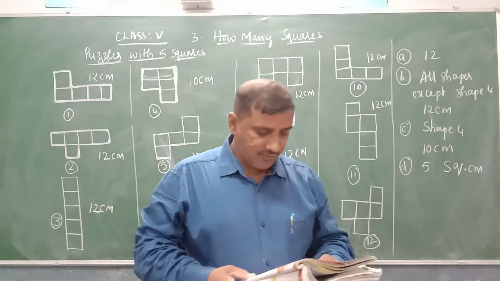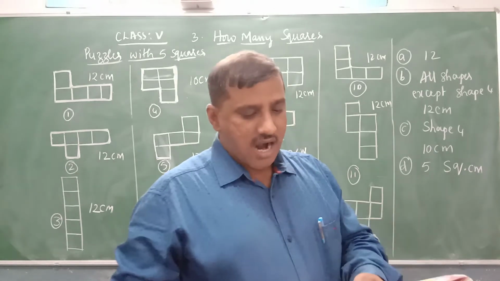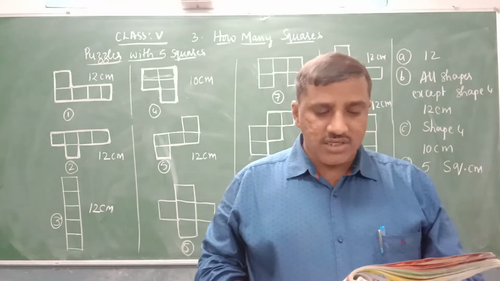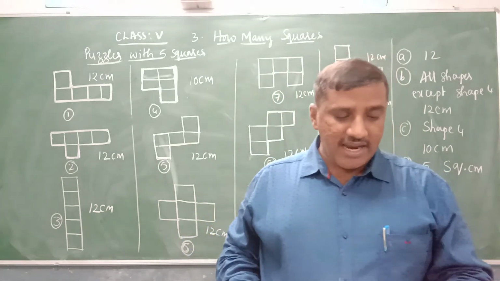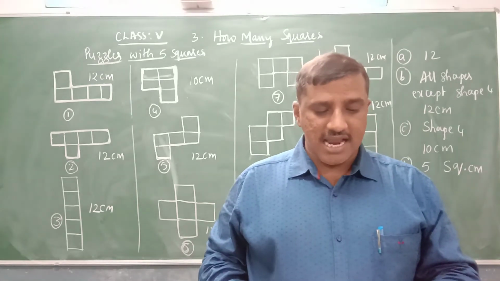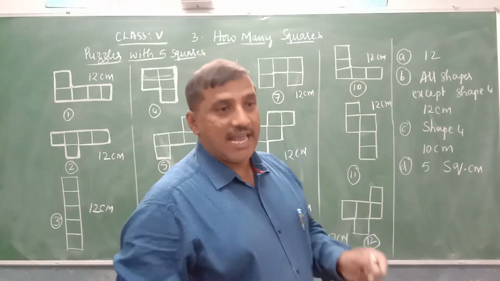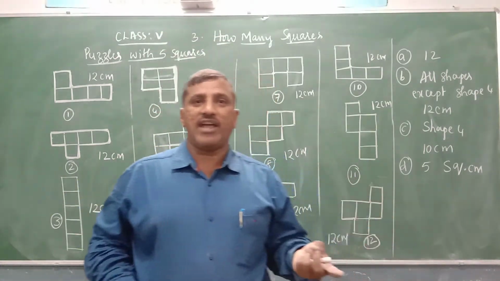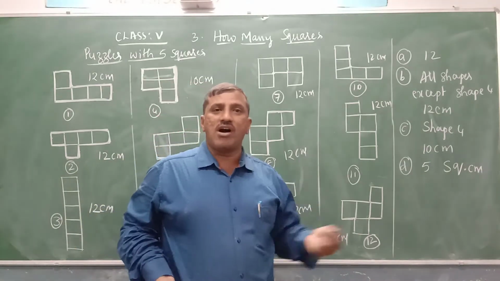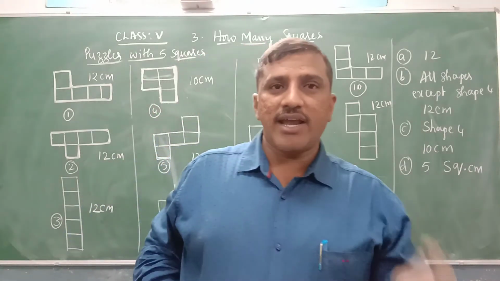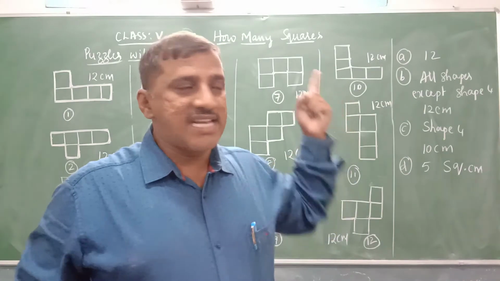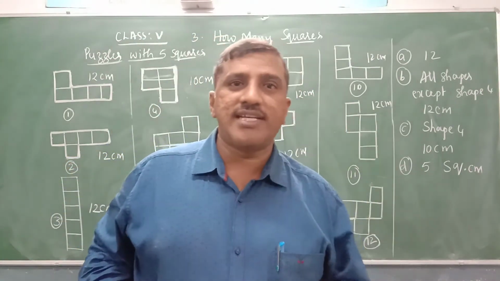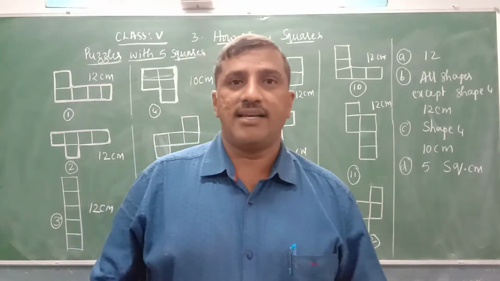Is that clear, children? Draw all the 12 shapes on a sheet of cardboard and cut them. Try to arrange your 12 shapes in some other way to make a 10 into 6 rectangle. Could you do it? Yes. Like what he has done in the book, you also try in a different way. Out of 2000 ways, you also will try, and you can make one way of arranging all the shapes in a rectangle, which is a 10 into 6 rectangle.